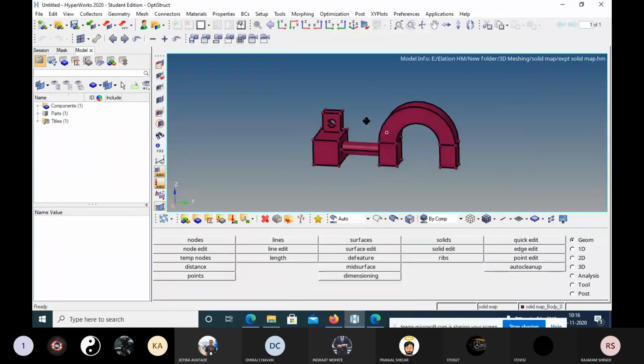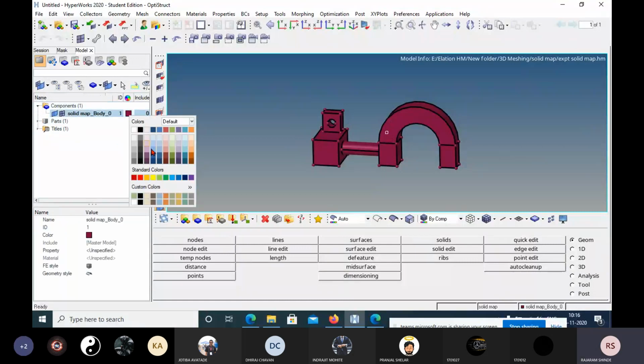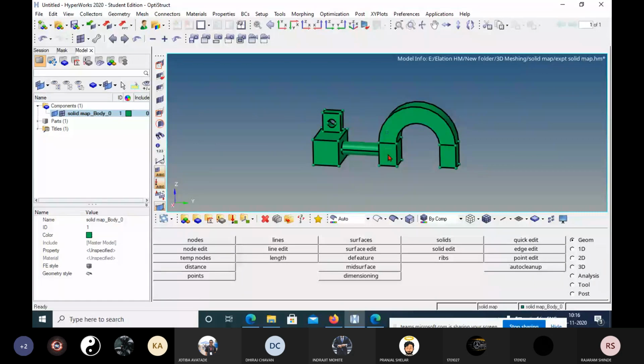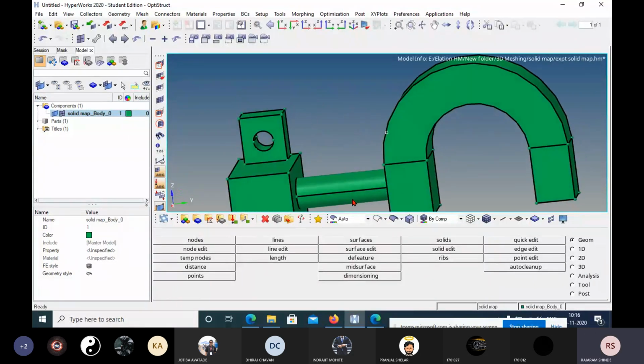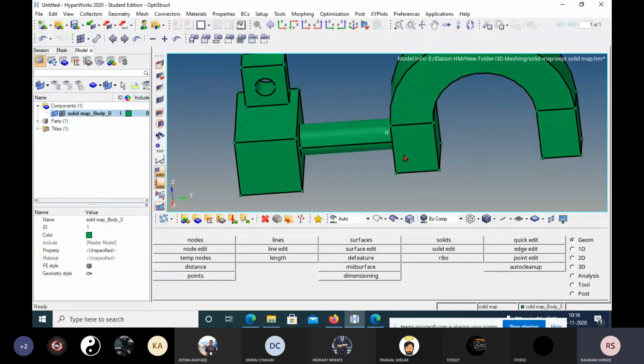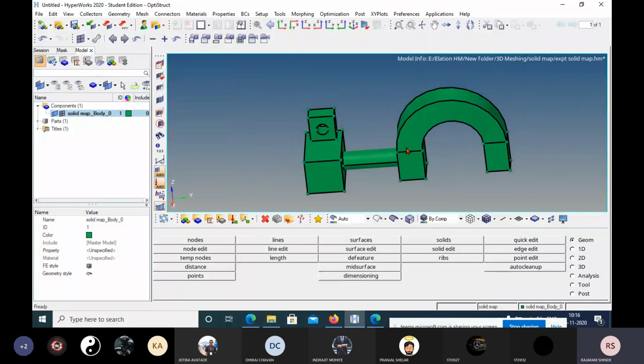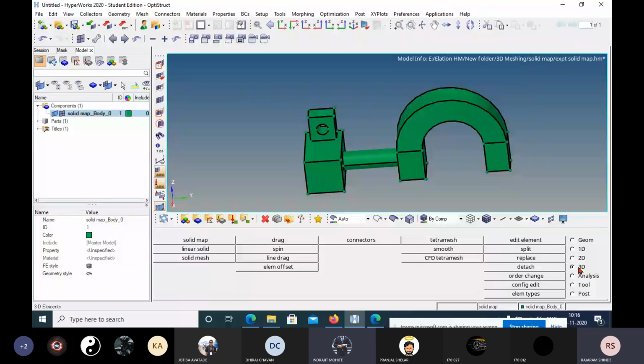It is a 3D model. Now, you can see this one, I will change the color. This one is 3D geometry, and if it is 3D geometry, then your lines are bold. Okay, it is not surface geometry. Now the functions which I am going to teach today, we can use only on 3D geometry. Okay, not on the 2D. Now in 3D,